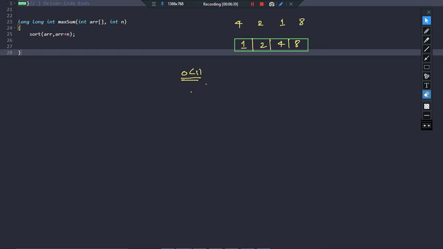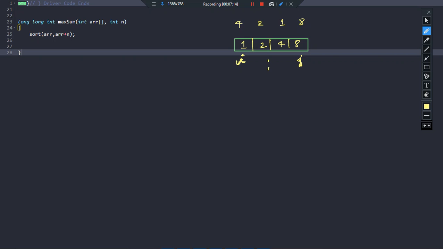Anyway, what we are going to do is use 2 pointers. I will ask you to pause the video and give a second thought to it, so that you can understand the possible way to solve this particular problem. You can pause the video and do it, otherwise please continue watching the video. So you can use 2 pointers. I'll be using pointer i here and pointer j here, so pointer i starting and pointer j at the end.